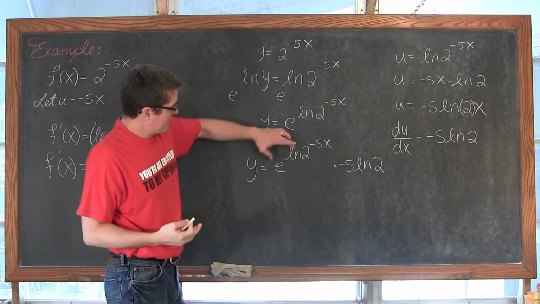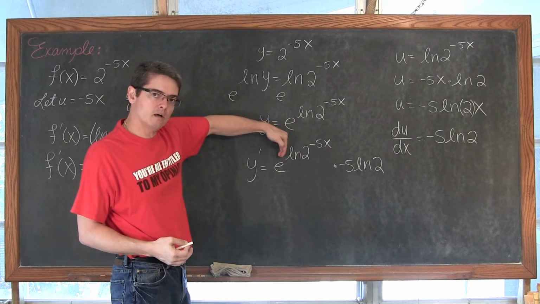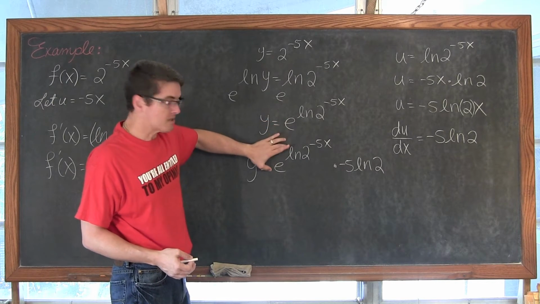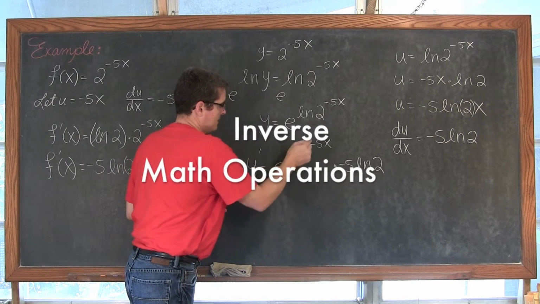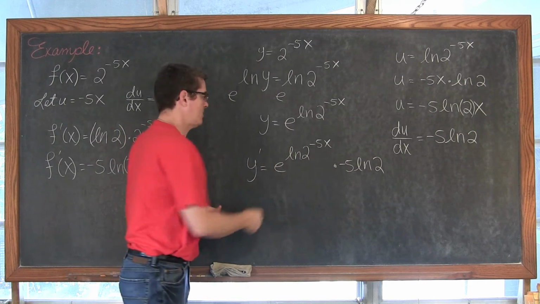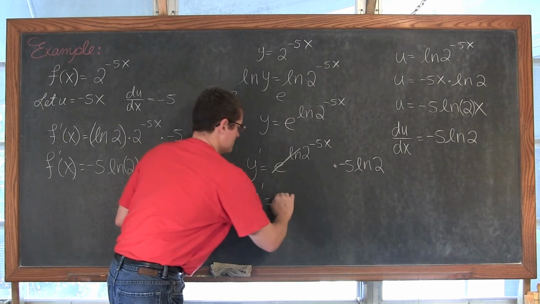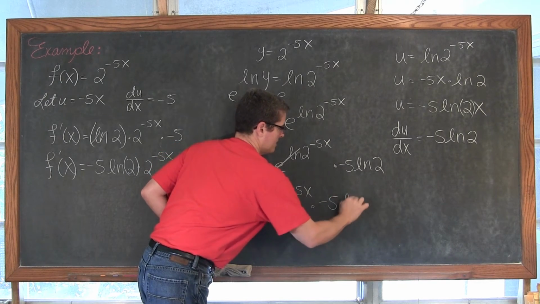And now I can come back and let this base e and this log base e, with a coefficient of just 1, so they're stacked, cancel. So these are inverse math functions. So the e and the natural log, or the log base e, we can let that cancel out, and we have y prime is equal to 2 to the negative 5x times negative 5 natural log of 2,